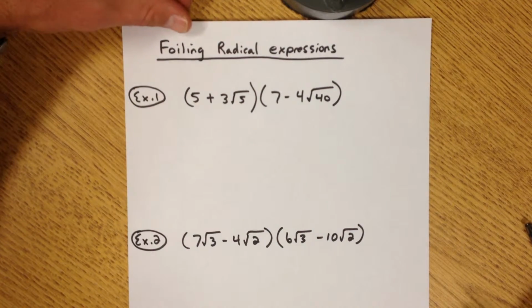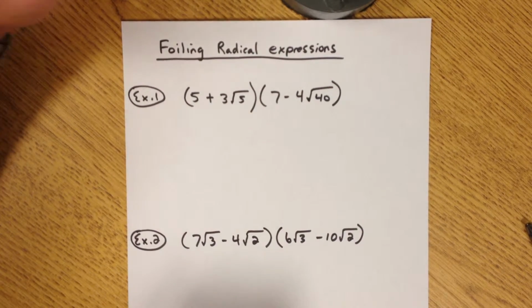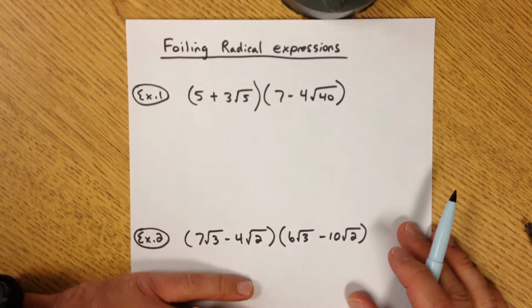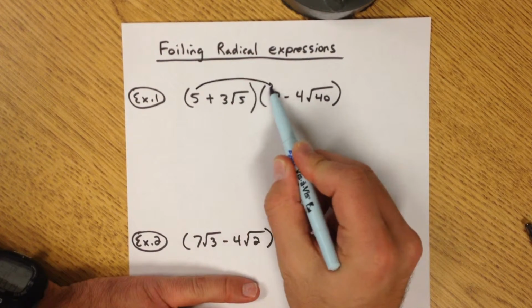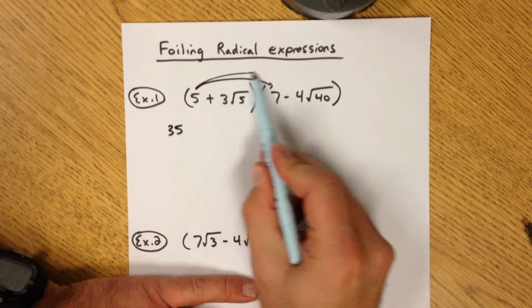Okay, this is going to be an instructional video on how to FOIL two radical expressions. And here we go. So we're going to FOIL it just like we know how. We're going to do 5 times 7, that's just 35. And I'm going to do 5 times